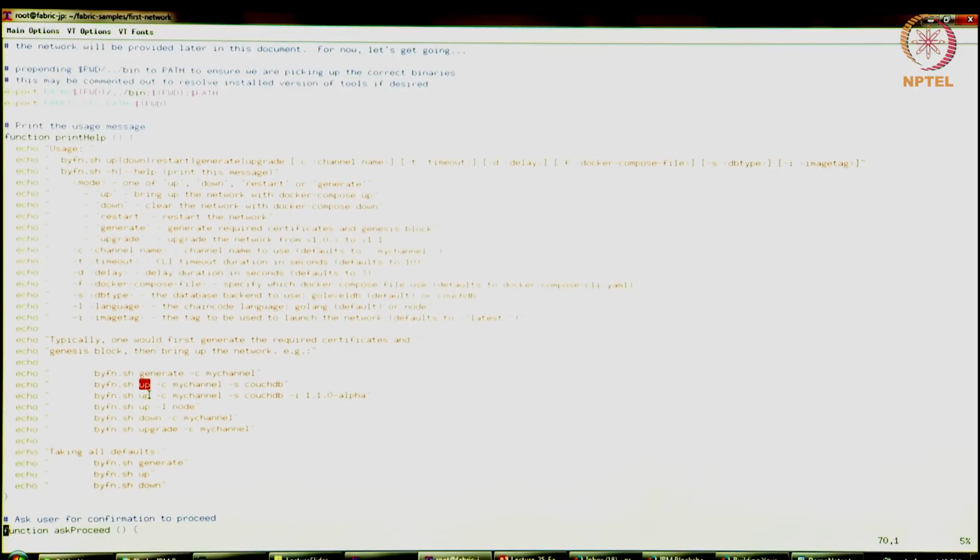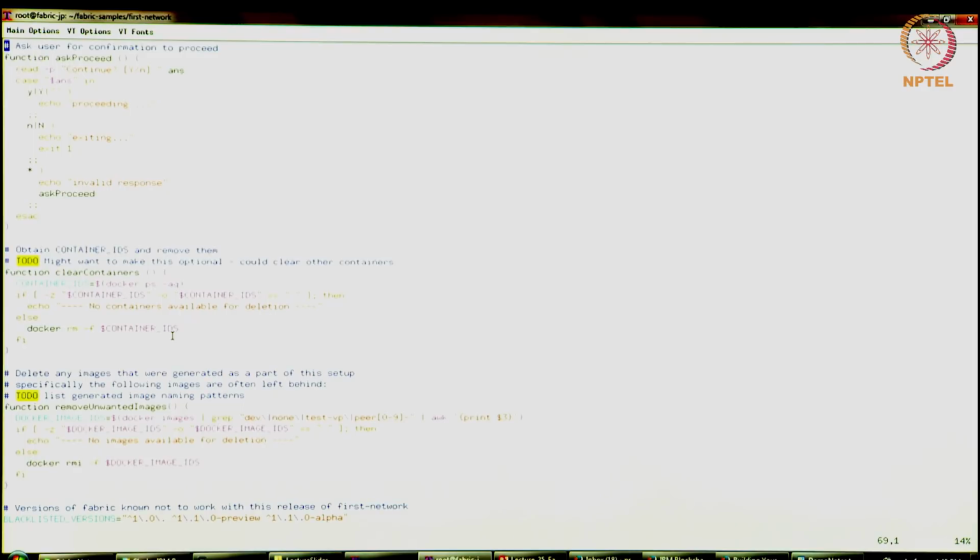So it's going to create all the Docker containers for the peers, the orderers, the CA, it's going to bring that up. And it's going to create a channel called mychannel, right? We can change that too. It's with the -c parameter. You can bring down the network also, byfn.sh down, and it's possible to upgrade the network from one Fabric version to another Fabric version. So these are the commands that are available, and a certain set of optional parameters like the channel name, timeout, delay, what is the Docker compose file, and so on, right? So if nothing is specified, just default values will be used. Otherwise, you can specify what parameters to use here.